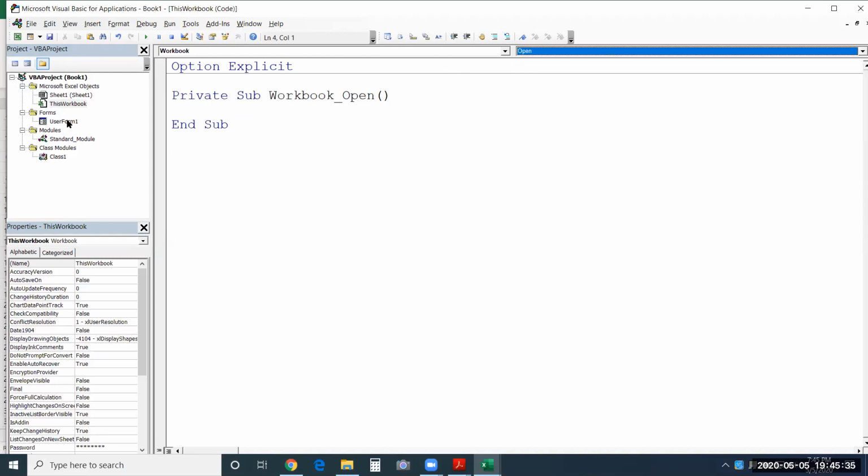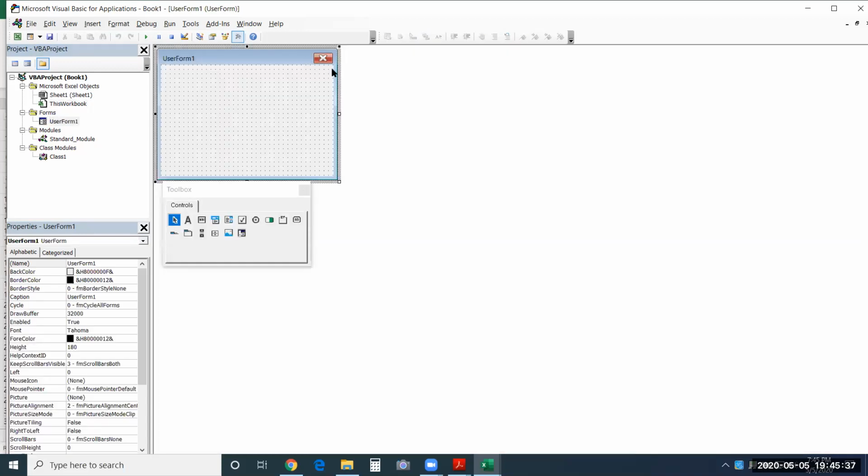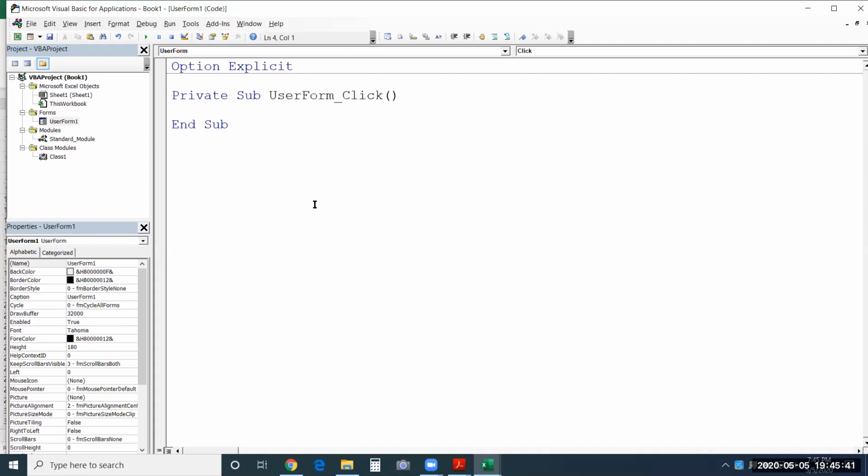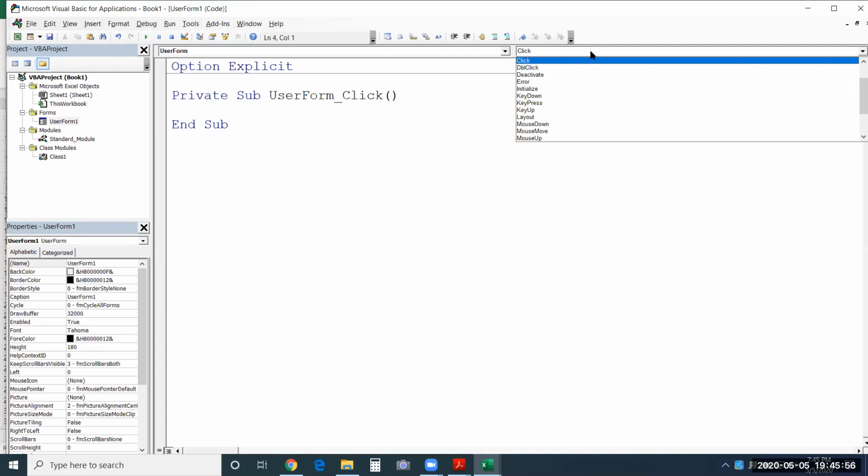Next you have user form. Look at it carefully. Double click on this user form and you see the code window again. In the title bar, it is shown as UserForm1. Again in user form, you have the object drop down and you see UserForm here, and for the user form you have an event list.